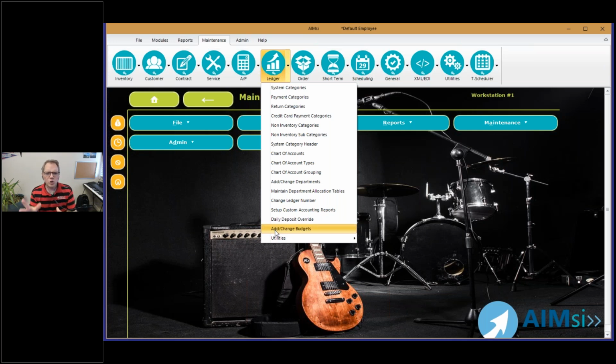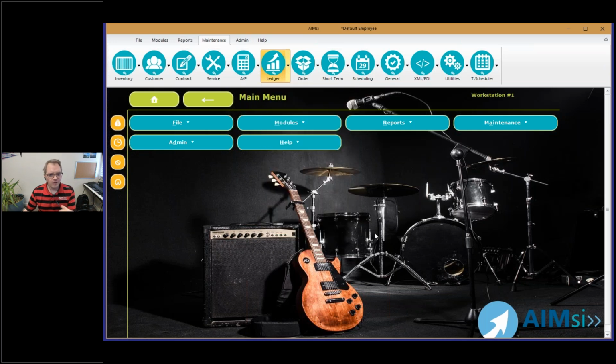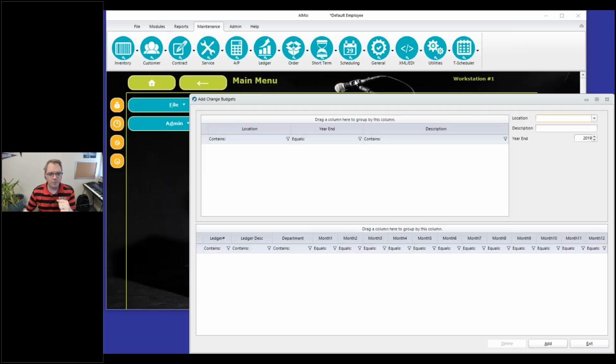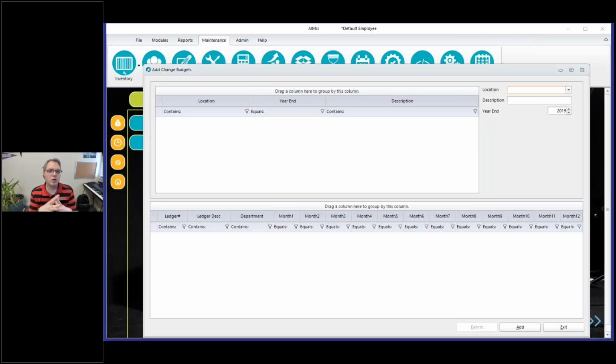Mostly I just want to make sure that the core concepts of AIM-SI, as far as how that can work for you, are clear for you. So as you can see, I'm hovered over the menu that we're basically going to be almost exclusively focusing on today during this session, and that is the Add Change Budgets program within the ledger maintenance area. If we go ahead and select this, then the overall function of a budget is essentially contained in this one